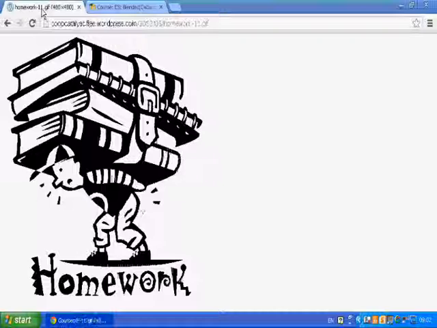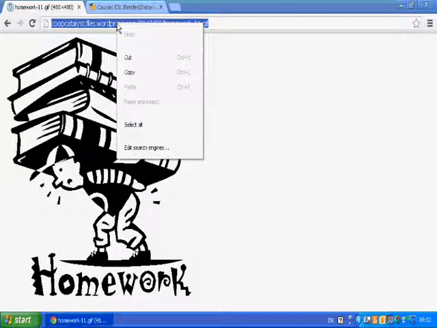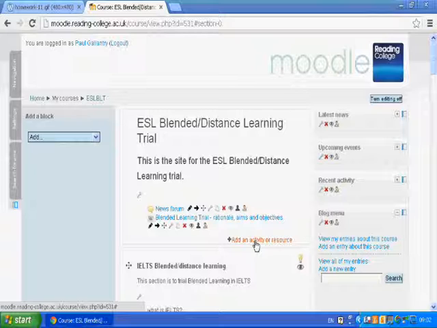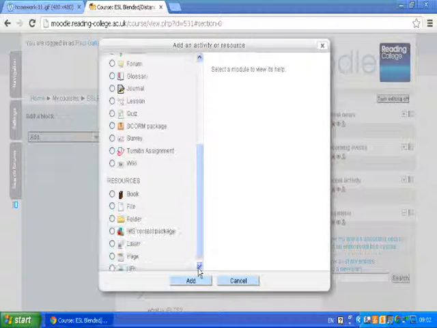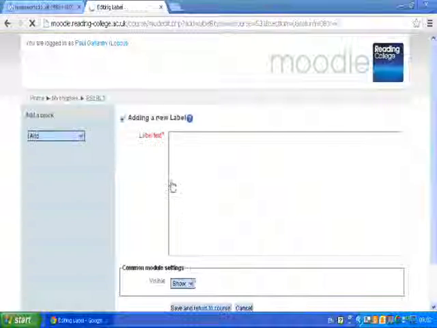We're going to add a picture. And here's a convenient picture I found. Now I'm just taking this one off the web, so I'm just going to highlight and copy that. Then I'm going to go in here and I'm going to add a label. If you haven't seen how to insert labels, just look at the previous video I made for this. We put the label in, okay,